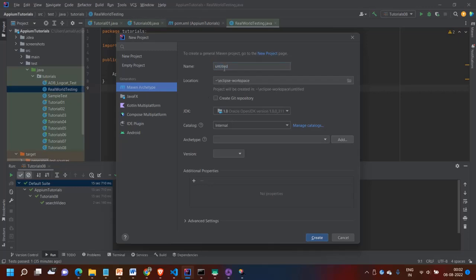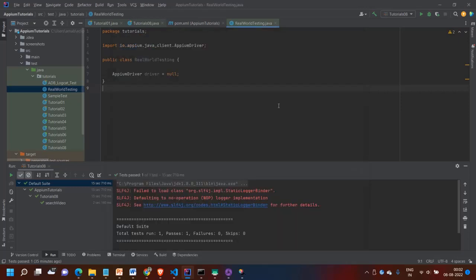Choose Maven archetype, give your project a name, tap on create, and the project will get created. Again, I have already created tutorials on all of these things, so you guys can see those tutorials also. Once you create the project,